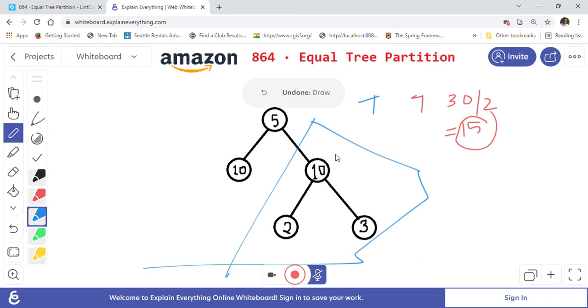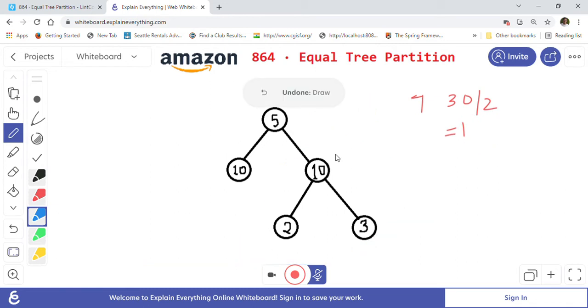So let's just backtrack this one, and let me show you how we are going to solve this problem. So first thing is we will calculate the total sum of the tree. We will have a function which will give us the total, so it is 30. And after we get the total, then we will call a function which will give us the left and right side total for each of the nodes of the tree, right?